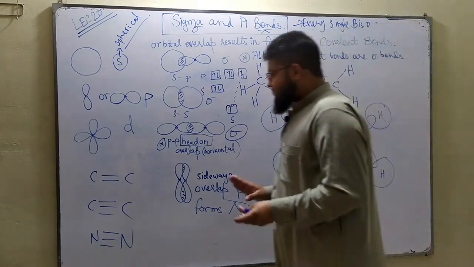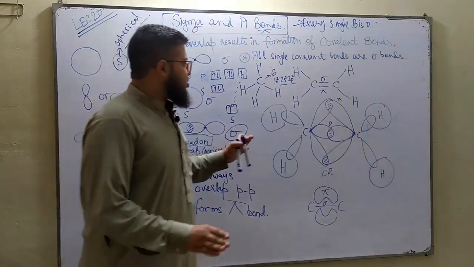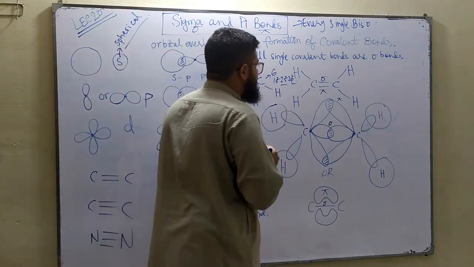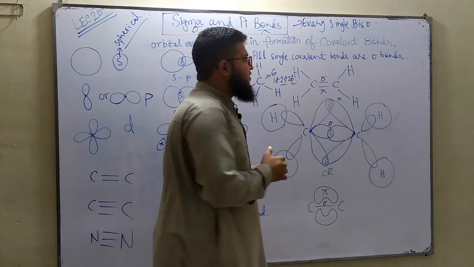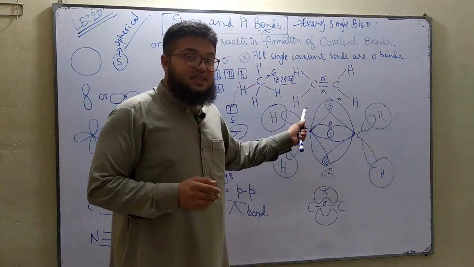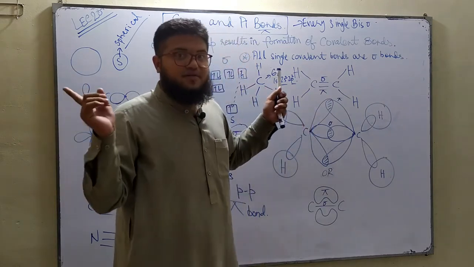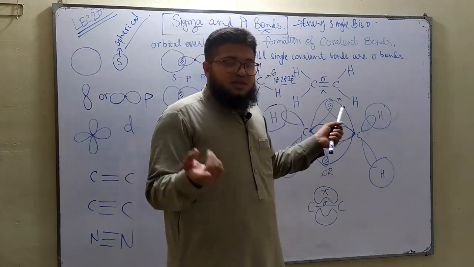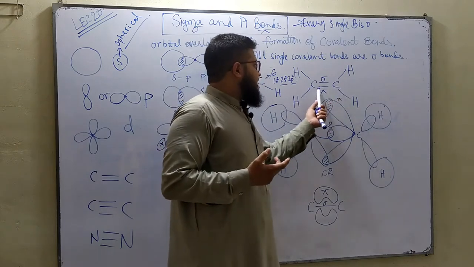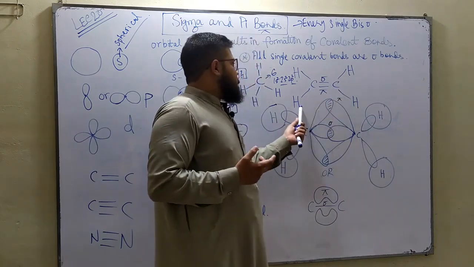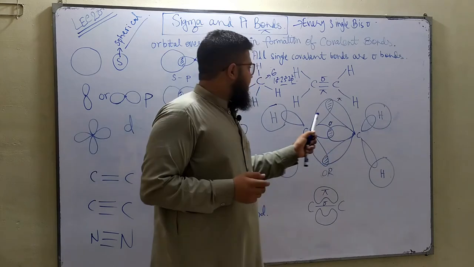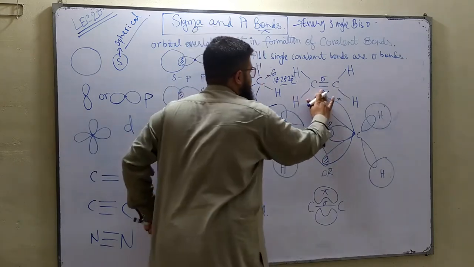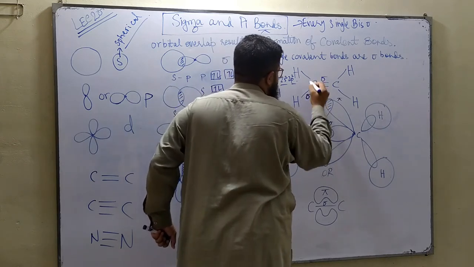Now coming to the general representation of sigma and pi bonds. As I told you, this is a molecule of ethene. You must have studied ethene; it is an alkene from your O levels organic chemistry, right? Ethene, C2H4, contains a carbon-carbon double bond and four carbon-hydrogen single bonds. Now, all the single bonds over here are sigma bonds. For now, just forget the pi bonds. All the single bonds, they are